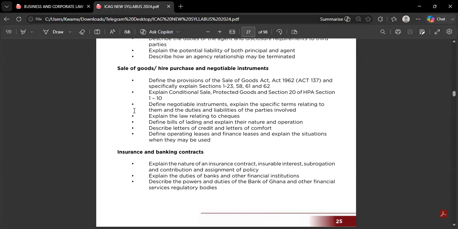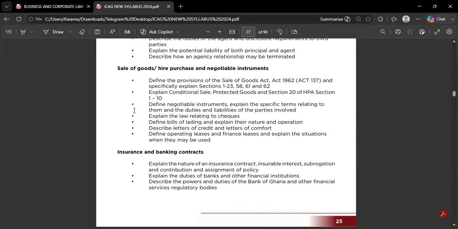When is a sale made? We say a sale is made when the two parties agree to trade on the item, not necessarily when money is paid or when the item is delivered. Once they agree, and the one who is offering to sell has the intention of transferring ownership or property of the item to the buyer, we say that a sale is made. And the Sale of Goods Act outlines various provisions that protect the various parties. So we have provisions that protect the seller, and we have provisions that protect the buyer.